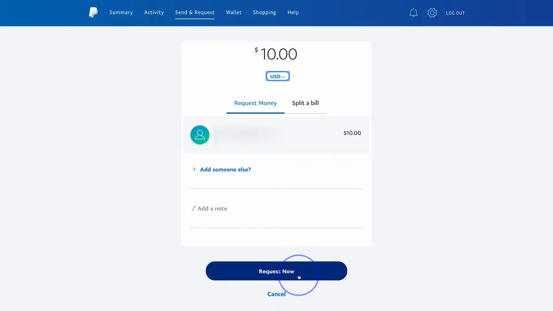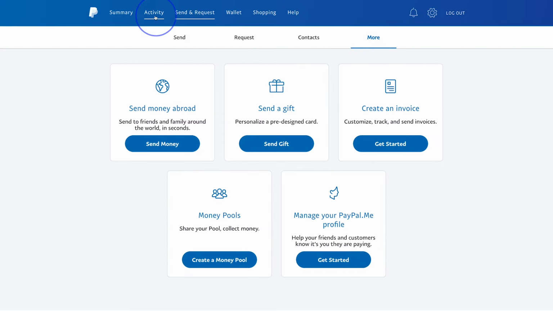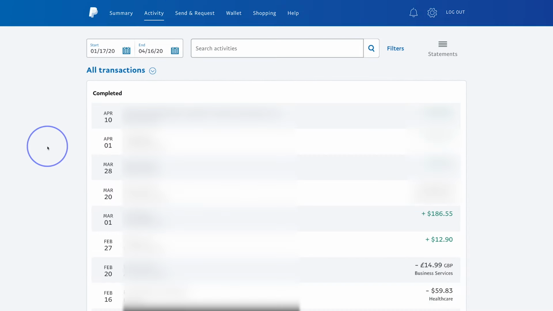And then they could go ahead and receive that money from you. Let me go back to send and request. Then you have your activities tab that we haven't seen yet. Let's go there. And it's going to show you every transaction, and you could go ahead and search right here by activity or by date here and filter things that way. But it's a very, very easy way to see all the different things that you've paid for or received inside